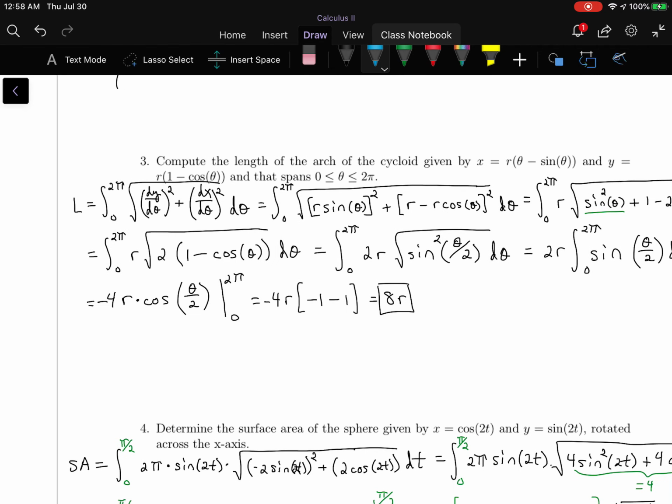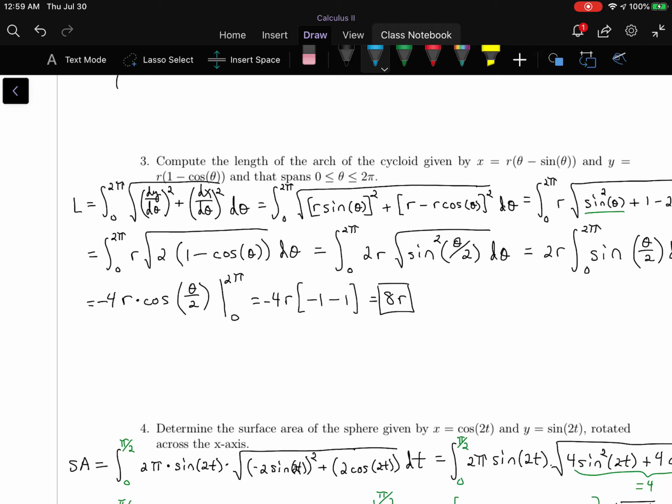Problem 3 is looking at arc length, and this is arc length of a particular cycloid for theta between 0 and 2 pi. And so the arc length is given by the formula that I've written here. It doesn't matter whether you do dy d theta squared plus dx d theta squared or vice versa. The order for addition won't matter. And so when you take the derivative of x and y with respect to theta,